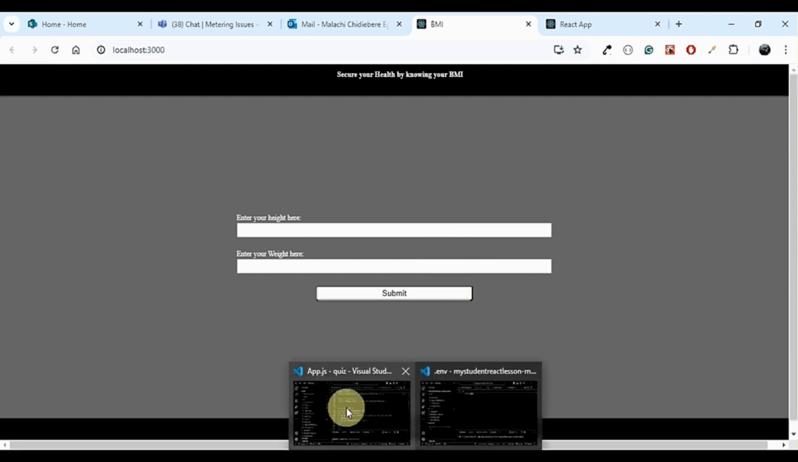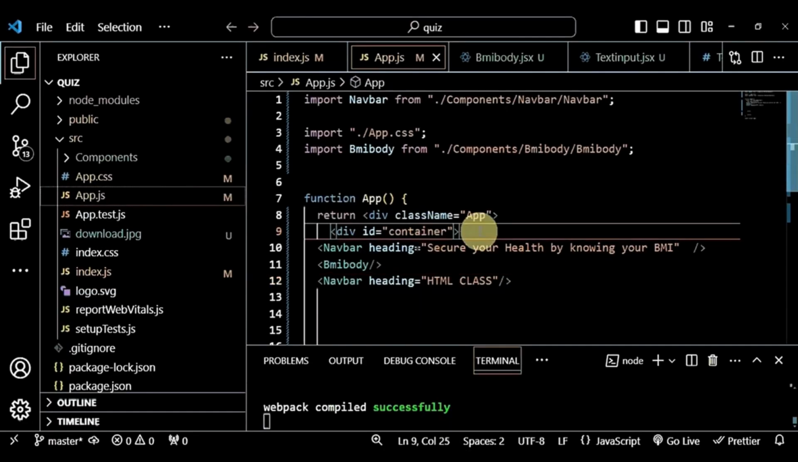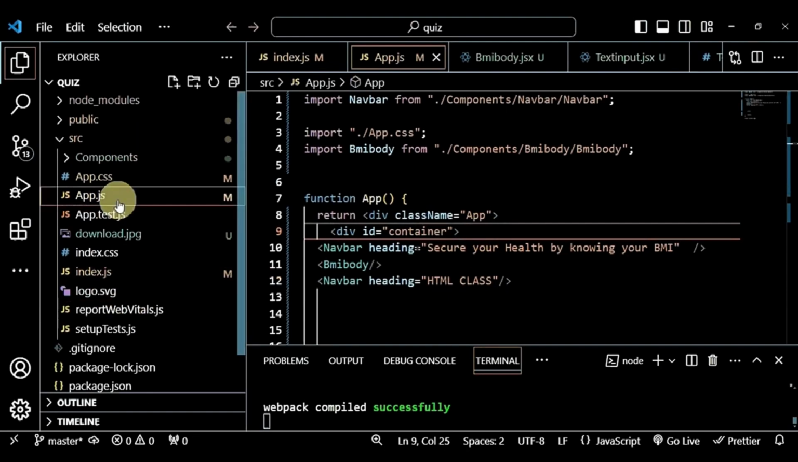So let's go back. If you look at the project where we built our BMI, you will see that these are index